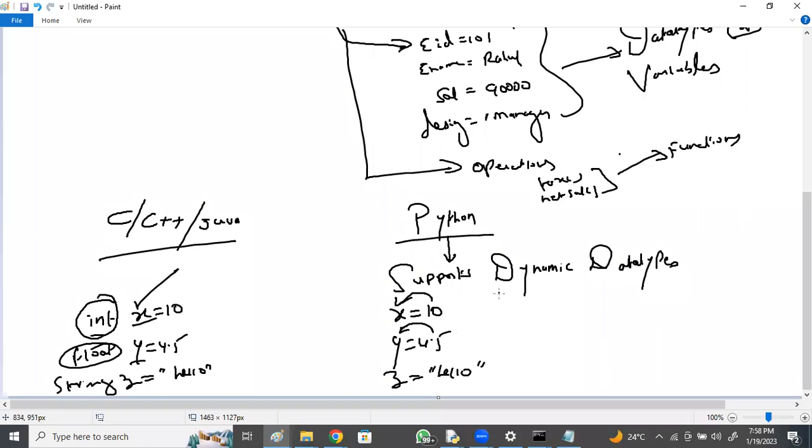So what is the type of X? Int type. Type of Y? Float type.